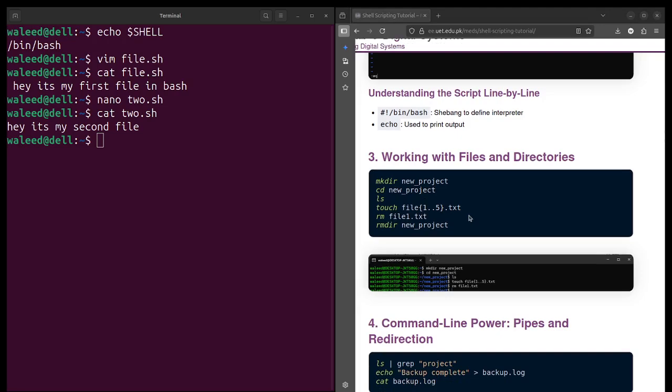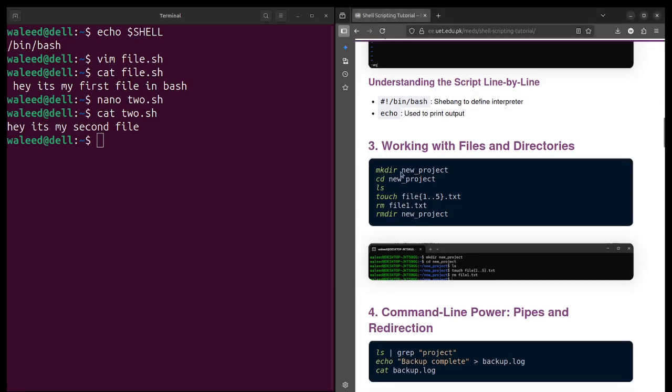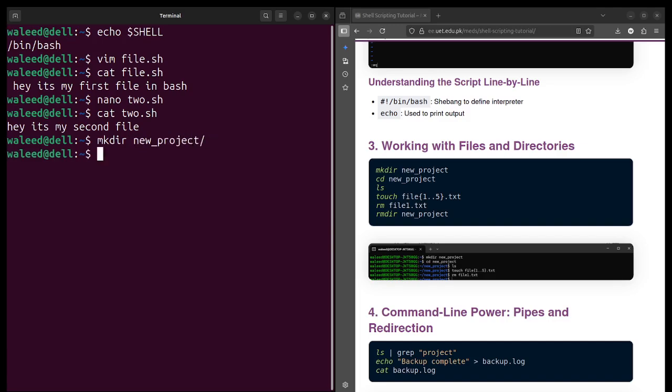First, I'll tell you how to manipulate your files in Linux. To make a new folder or directory, you have to use mkdir and then the name, let's say new project, and your new project folder or directory has been created.